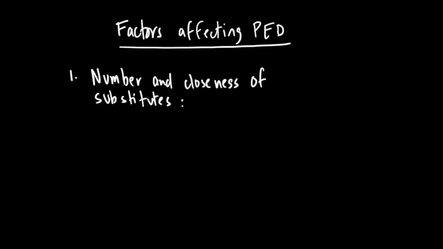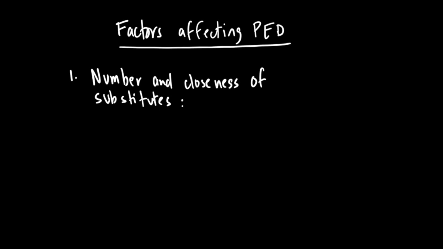The next discussion we want to have is about factors affecting PED. So what are the factors that determine the elasticity of demand? The first one is basically called the number and closeness of substitutes. Well, the higher the number of substitutes, or the closer substitutes are related to each other, we say the higher the PED will be. And the reason is very simple. If there are more substitutes available, it's easier for a consumer to switch to consumption of another good if the price of a good goes up. So more substitutes means more options available for a consumer, and therefore